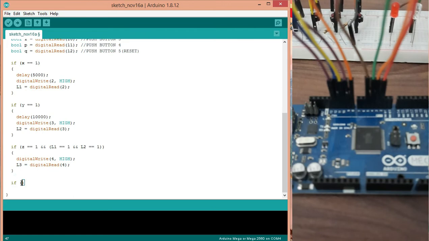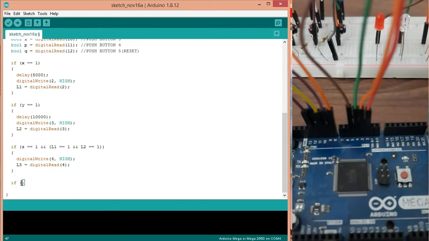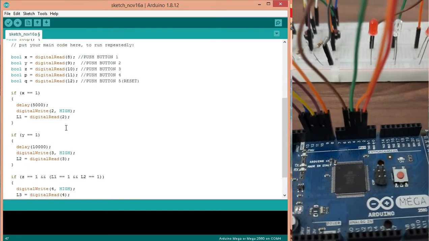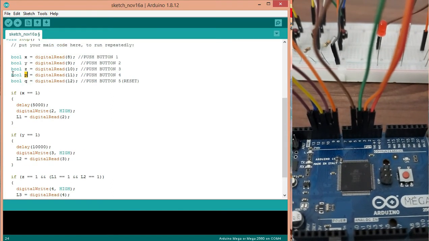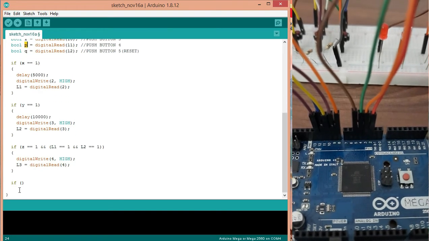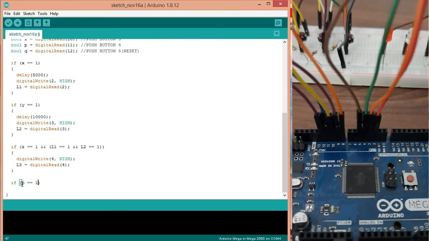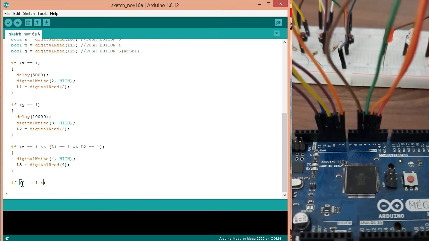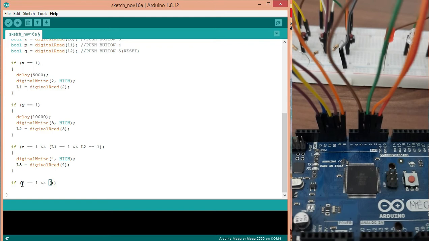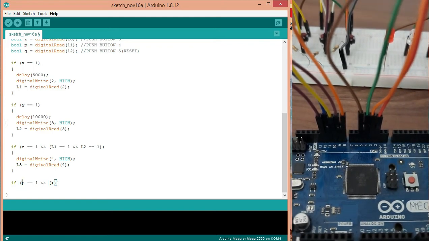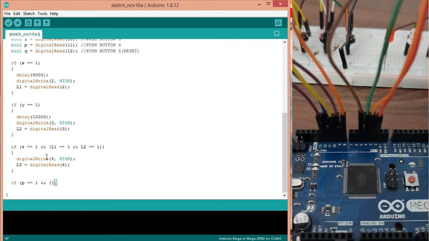For that, the fourth push button must be pressed, and when it is pressed, this P value must be 1. So we're using P is equal to 1, and also LED 1 must turn on, 2 must also be turned on, and 3 must also be in the on position.